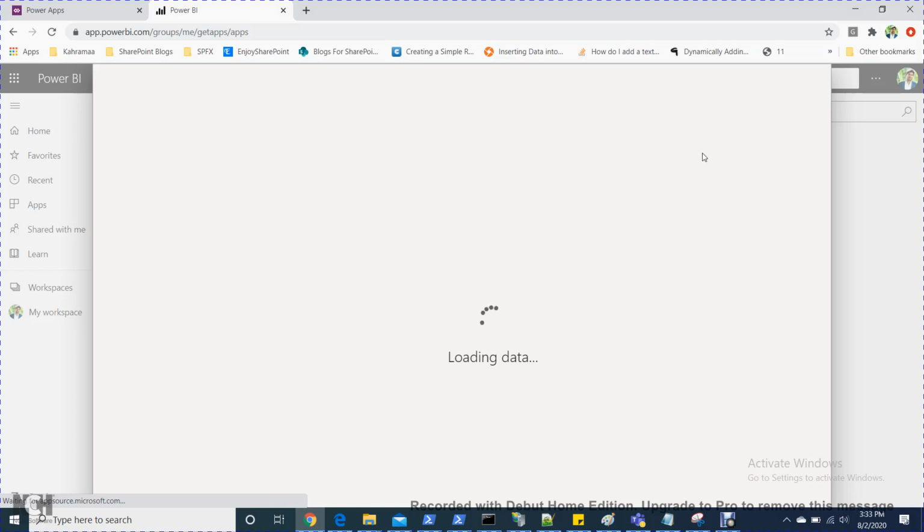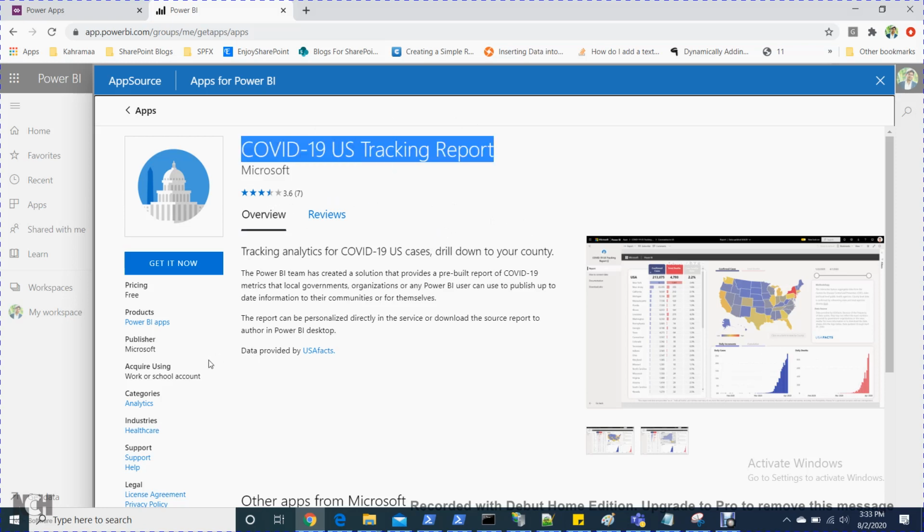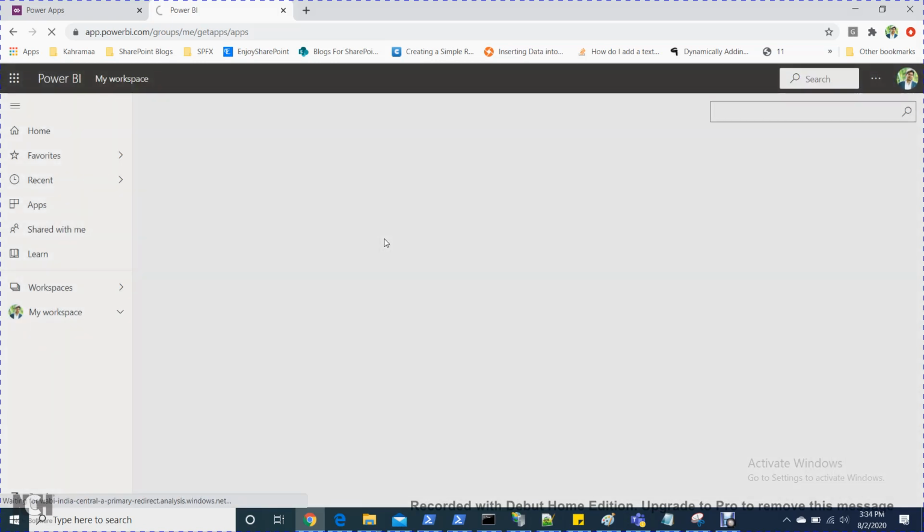If you want to show this report in your application, in Power Apps, how will you do it? First step, you have to click on that so that you will get the COVID-19 US tracker report. If you click Get it now, it will install in your system. It will take some time.